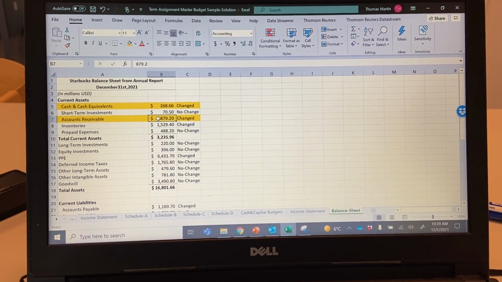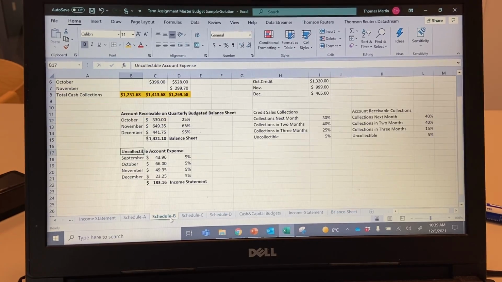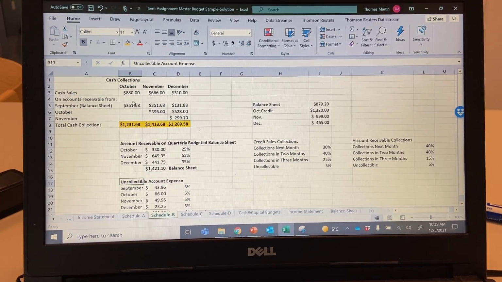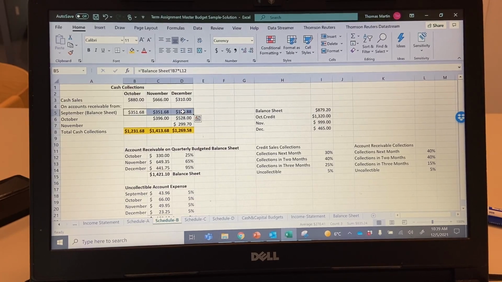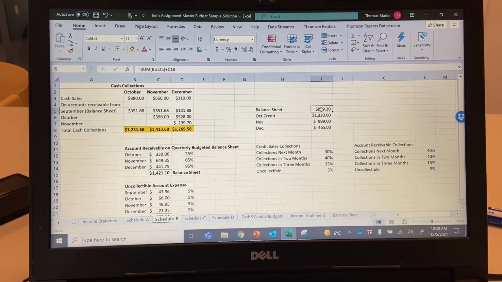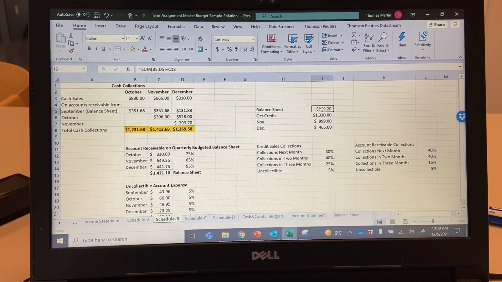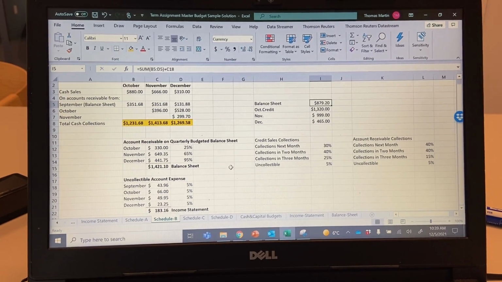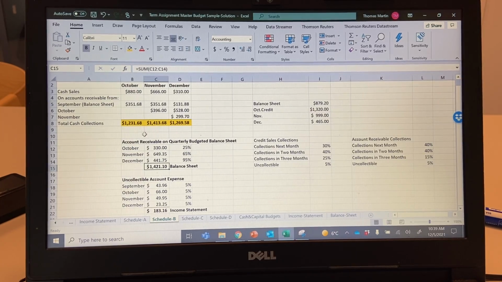It's no longer 879.2, okay? So in Schedule B, we collected that amount, right? The 879.2, which we see right here. We collected the amount and we wrote off 5%. We now have a new account receivable total. So that's right here on the